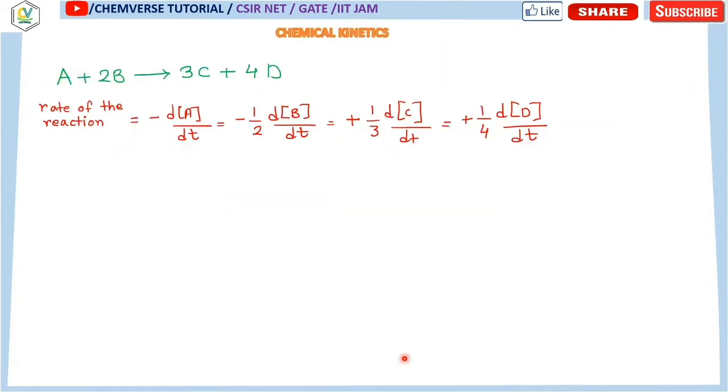So I'm starting from very basic, that is, suppose this is a reaction A plus 2B, this A and B are reactants forming 3C and 4D. For these 2, 3 and 4, these are nothing but the stoichiometry. Now over here, overall the rate of the reaction, you can denote it as minus dA dt. Okay, so the negative sign denotes that it is reactant. Reactant disappears as the reaction proceeds, so there will be a negative sign.